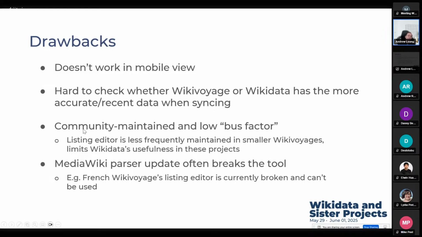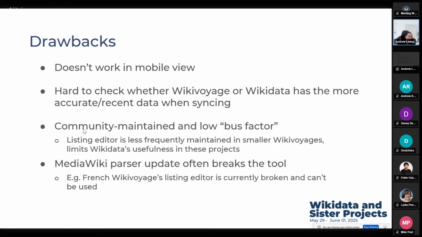Could be an email, could be a contact phone number, could be the website. And because the listing editor is community maintained, it has a really low what's called the bus factor, i.e., if one or two people quit the project, then all of a sudden the editor is slowly getting out of sync.